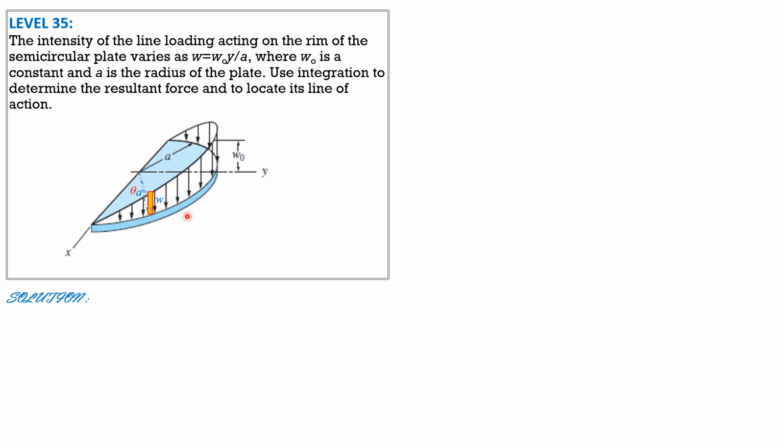The radius is A. The angle that the radius makes with the x-axis is theta, and the angle subtended by the width of this strip is d theta, so that the length of the strip along the arc is radius times d theta. So it is A d theta as shown,